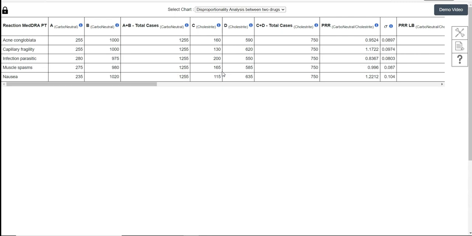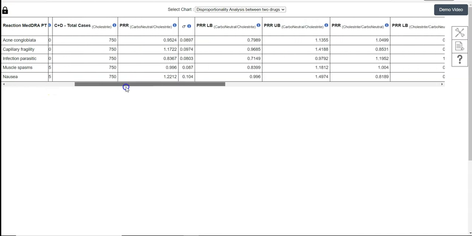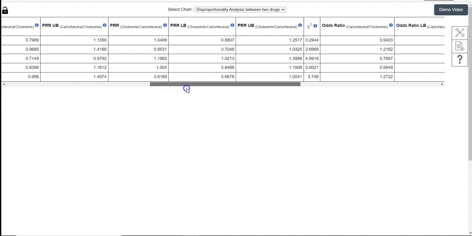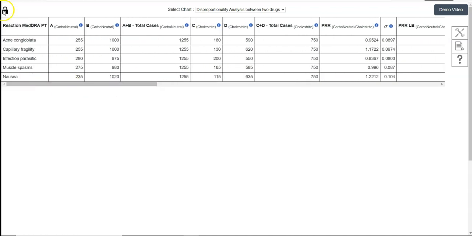So we get the grid displayed, and it's locked, which means that the first column will be frozen. So we can scroll and freeze the first column and have our context of what the Medra PT is. If I were to unlock it, then I can actually move it as well. Let's keep it locked. Here you look at the A and B, and you realize that A is the number of cases